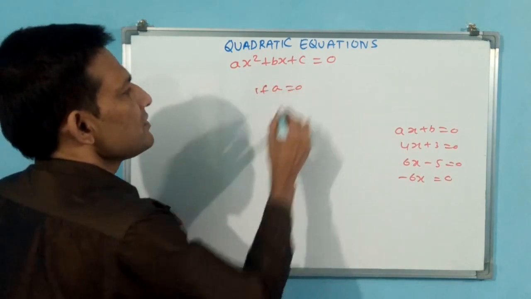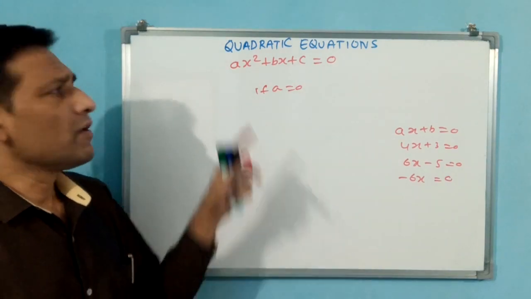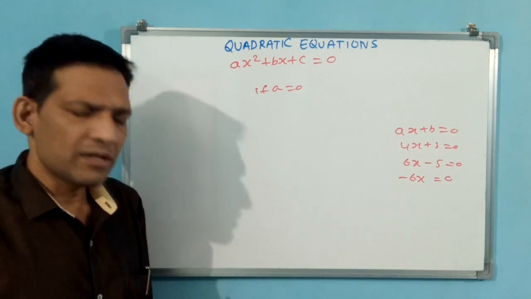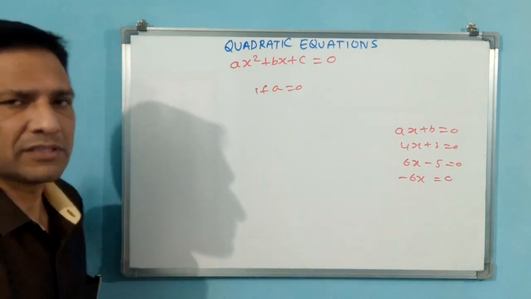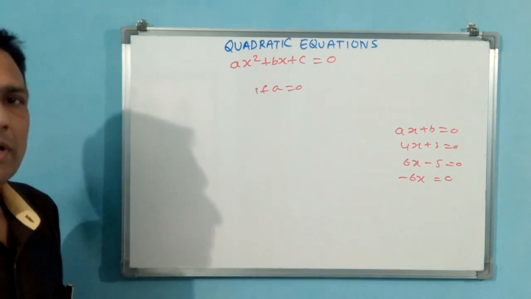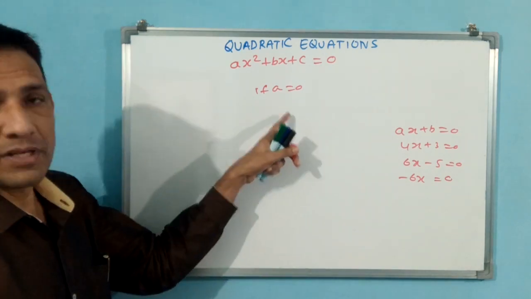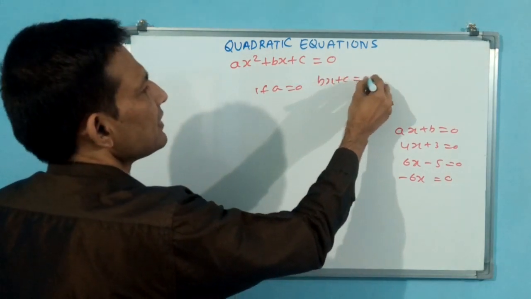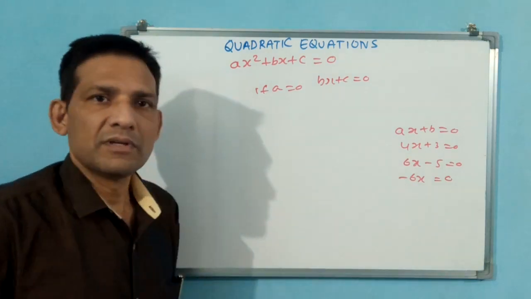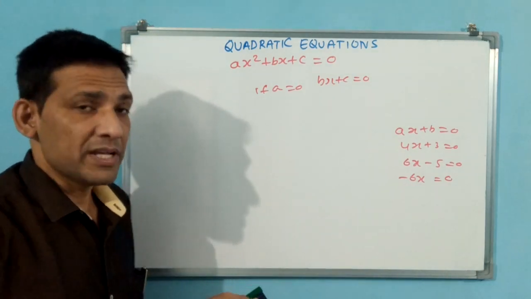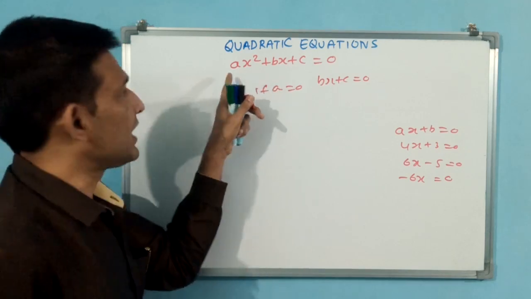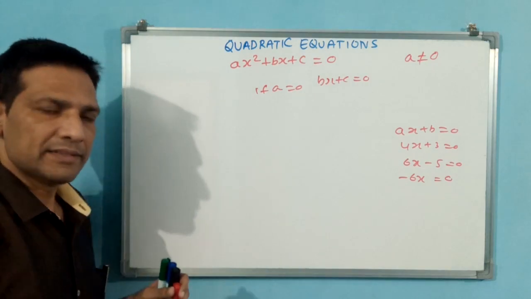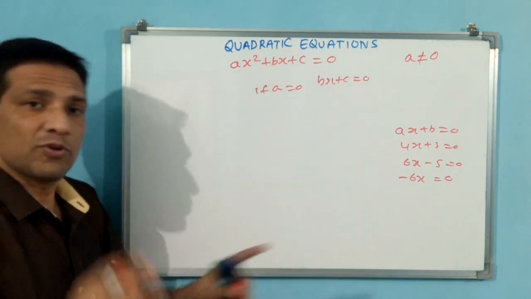What if a is equal to 0? First of all, let us understand what are ABC. ABCs are coefficients. Coefficients are constant, normally we call. Those are to be called as coefficients. See, if coefficient A is 0, what will it become? It will become bx plus c only. Then again it is going to become linear equation, not quadratic equation. That means for becoming quadratic equation, at least a should not be equal to 0, and this formula you have to write.